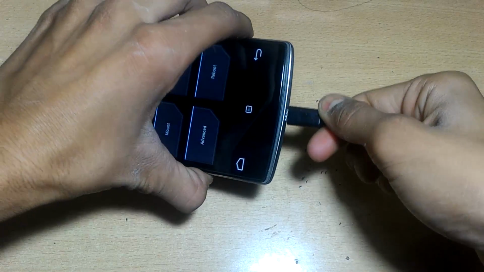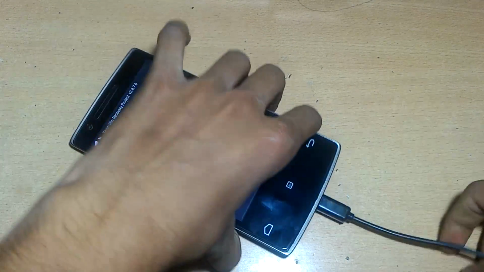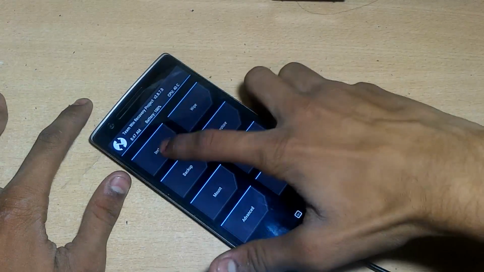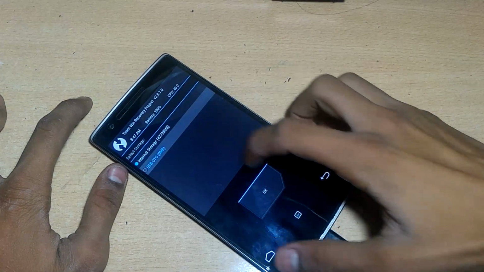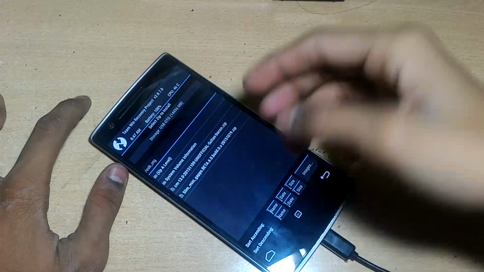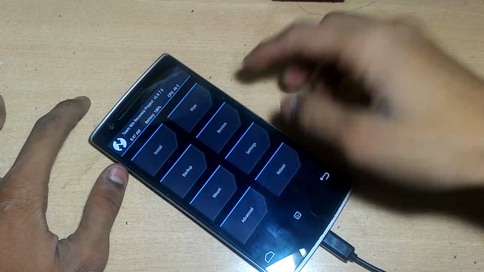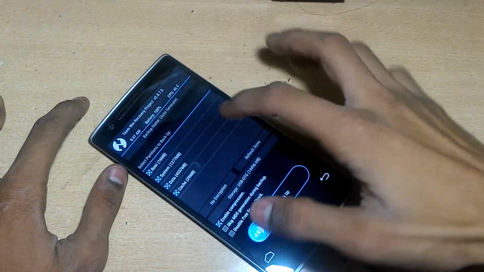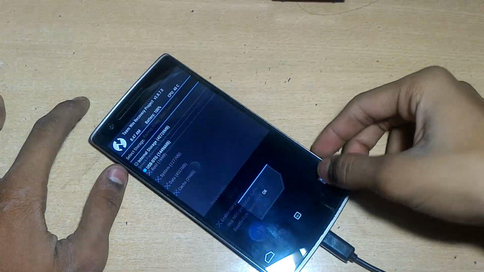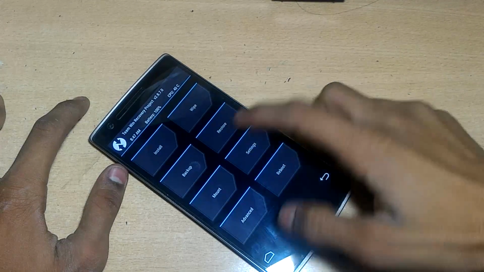So I will connect it to the smartphone, and after that let me go to install and see if OTG is showing here. Click on it and now it's showing here. I have CyanogenMod 13 and the GApps. You have to copy these two files, with the link in the description box, and download from that. Then go to backup and make all the backups.